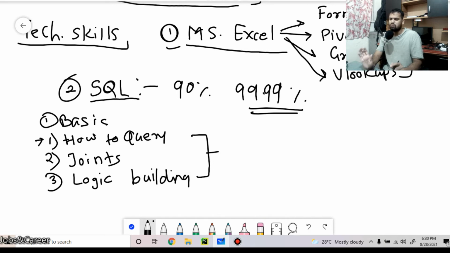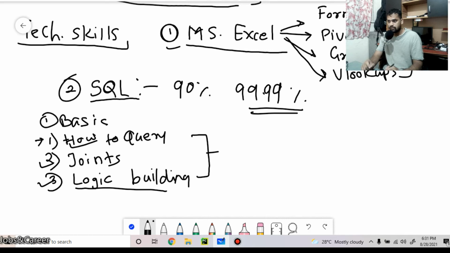Only these three things are important. You don't need to be a master in SQL. The logic building means you should know how to query the data logically. If the data set is not that relevant, then you have to perform certain mathematical operations and convert that unuseful data to useful data, and this is how logic works. It will come with practice.